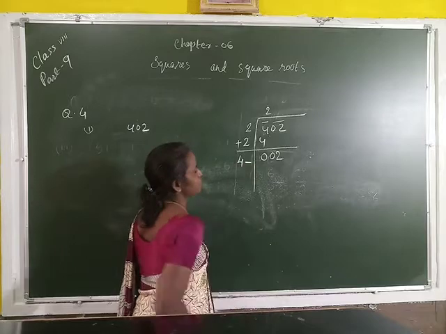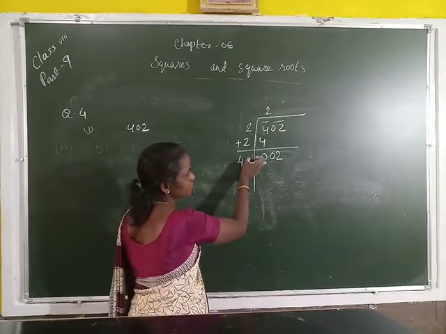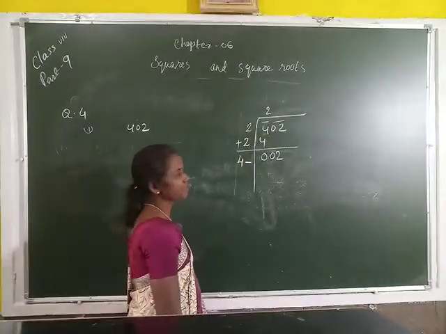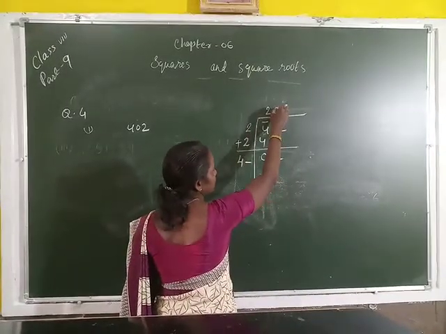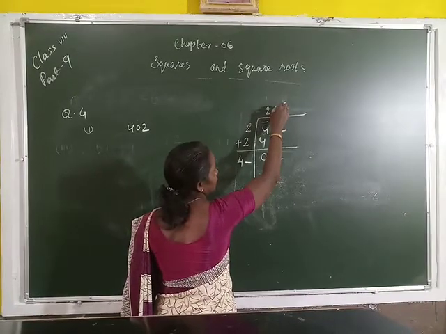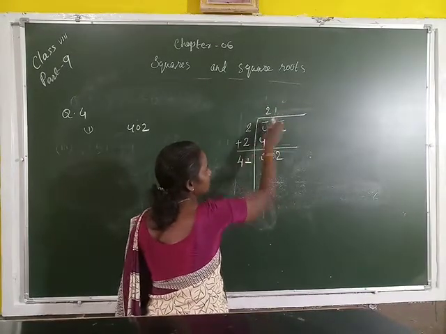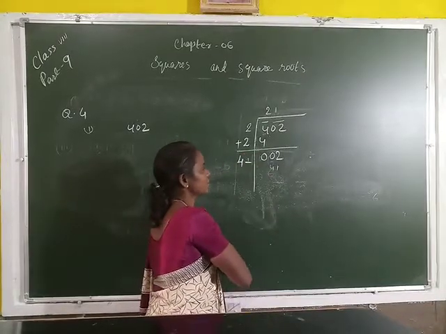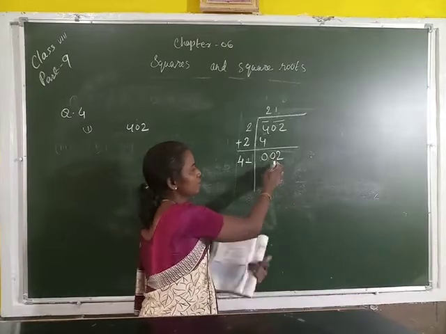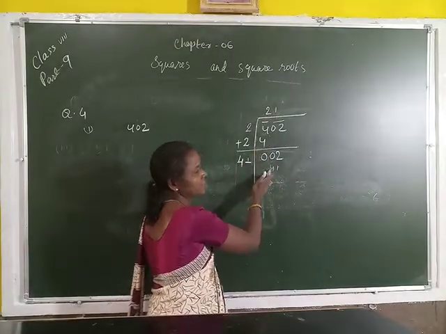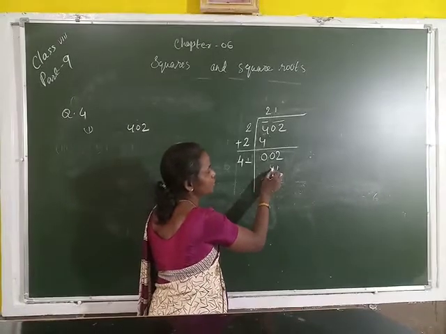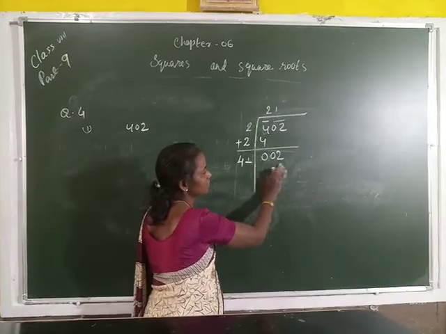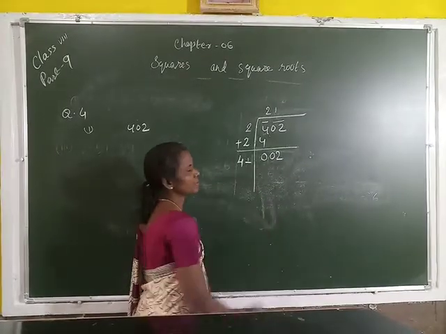And it is a blank space, one of the digits. So in this space, which number will we write as quotient and divisor? Listen here. If you write 1 here, this is also 1. Then 41 ones are 41. Look, this number is more than this. If you write 1 here, we get 41. 41 is more than this 2. So this answer is not correct. So which number can we write here?